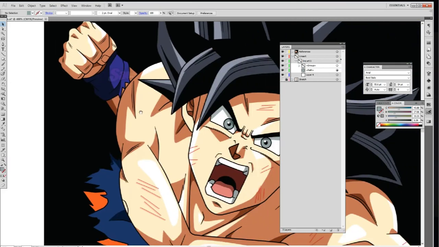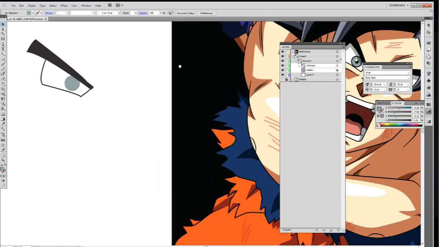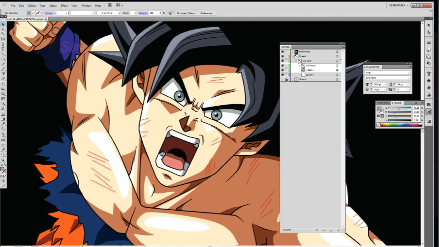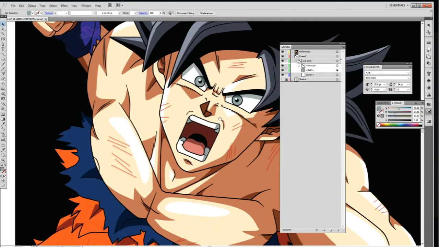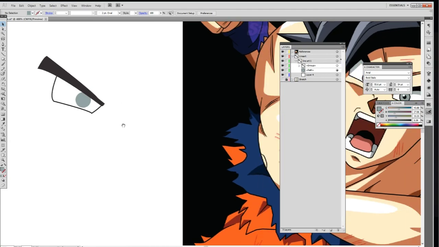There you go. Now some people might consider the eye not line art and might move it into coloring. I just move small stuff like the eyes and maybe even the mouth into the line art, or at least some of the basic stuff. Maybe not the mouth, certainly the eyes, because it's just easy to lose them, and you really just want them tied into there. You don't really change the eyes once you get them right. Anyhow,